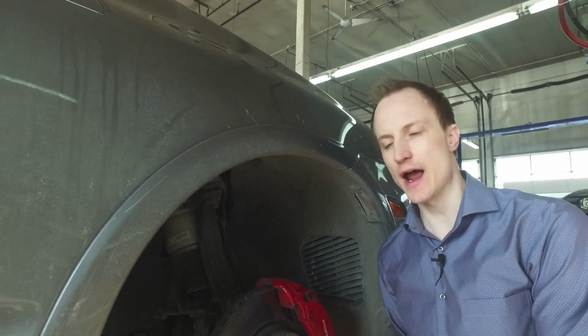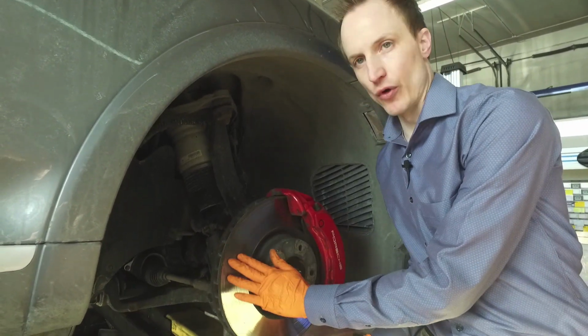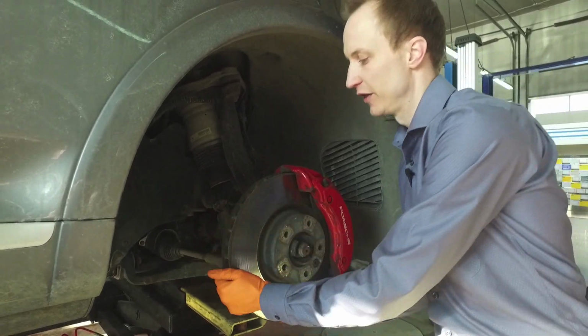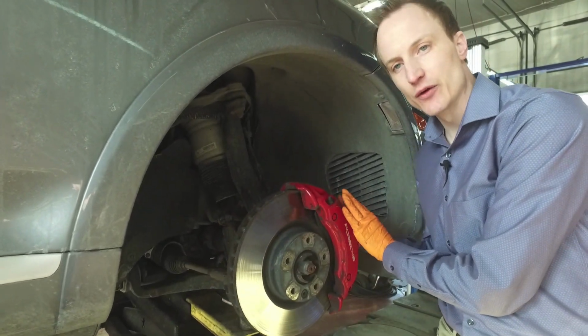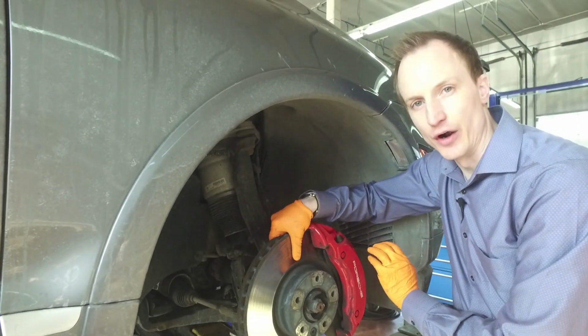So you're wondering why your brakes are squealing. For that, we're next to this Porsche. I have the front right wheel off so you can see what the brakes look like. This is a brake rotor, and as you drive down the road, the brake rotor is spinning with the tire, with the wheel. So this goes around and around and around. Then there's brake pads inside this big red caliper, and the brake pads squeeze the rotor, and that's how you